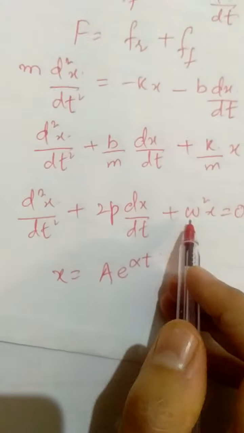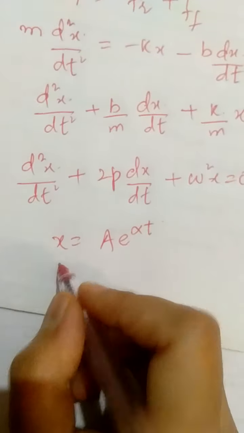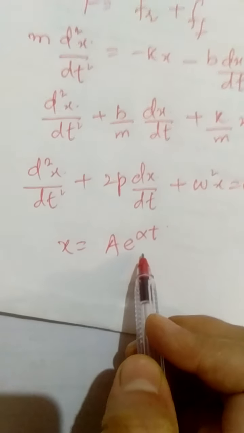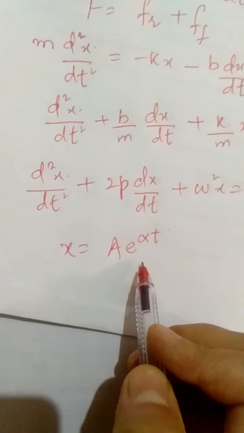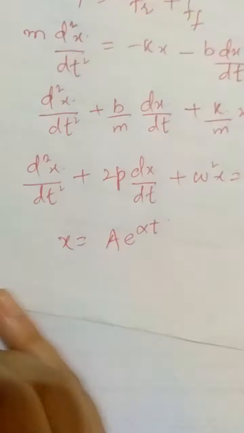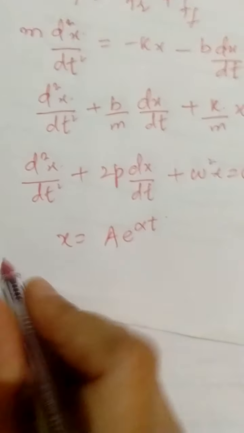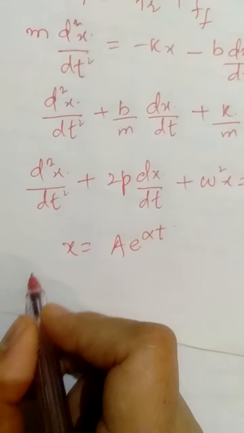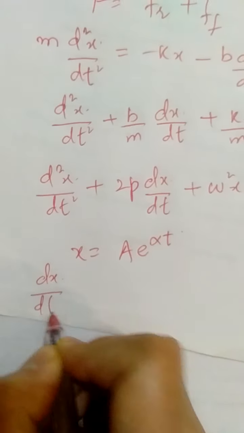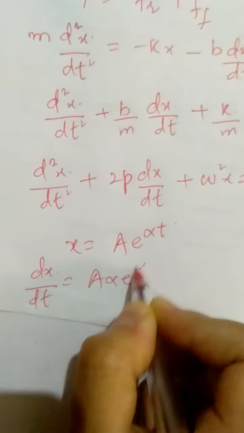You have done these kinds of differential equations before. So we can also express the solution of a differential equation in the exponential form and not just in the cos and sine form. So we have a free choice. We have a lot of choices. So let us differentiate this x. It is dx by dt is a alpha e to the power alpha t.